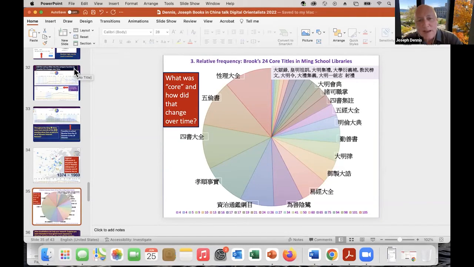And so from this pie chart, you'd see, well, there's 1, 2, 3, 4, 5, maybe 6 or 8 that are really the most common titles. And then there's a whole bunch here that are in relatively few libraries. So having this kind of big data set allows you to get a much better handle on what are the more important books that were replaced in the schools if they lost them, and when do they start and when do they end in importance.